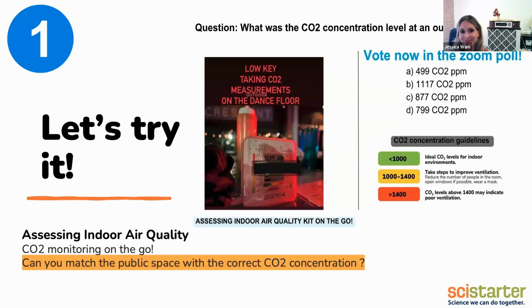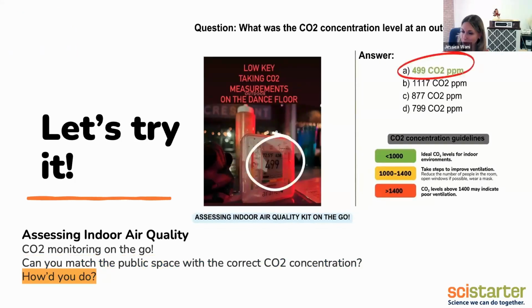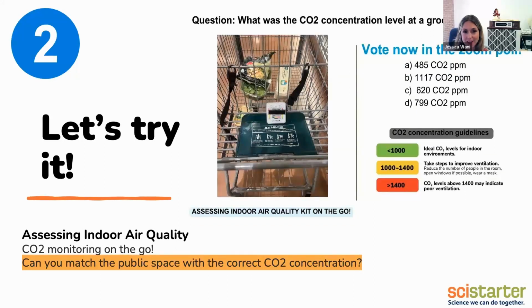Here is what they think so far. It looks like 40% are coming in at 499. Let's see if you were right. 499. Awesome. Right on. That's even better, that's way better than me sitting here by myself in my office. My AirNet is reading 619 right now. Wow, that is considerably different too. You guys did really well on the first one.